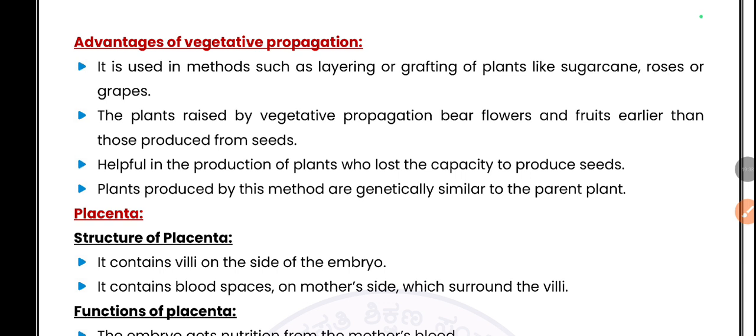The plants raised by vegetative propagation bear flowers and fruits earlier than those produced from seeds. Helpful in the production of plants that have lost the capacity to produce seeds. Plants produced by this method are genetically similar to the parent